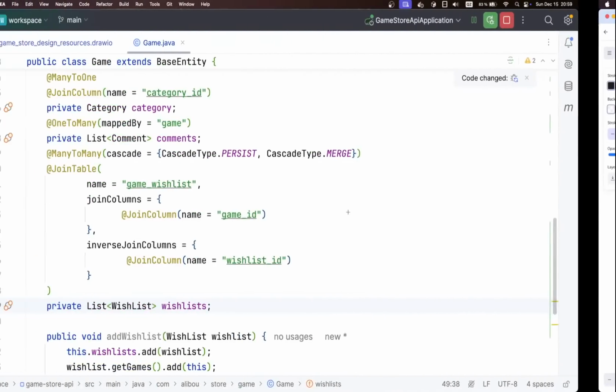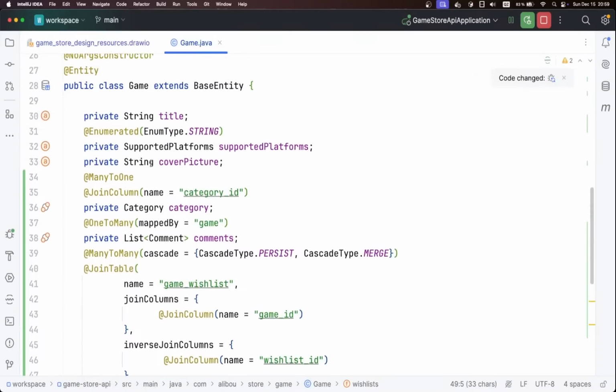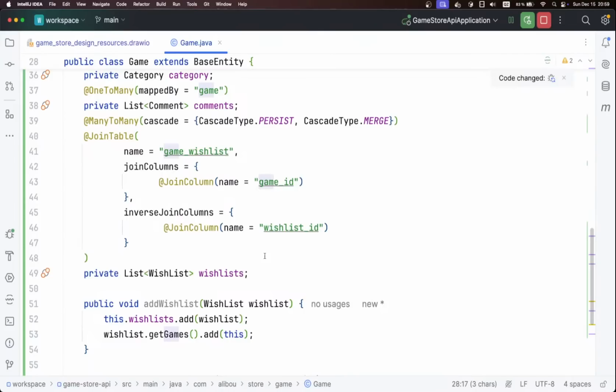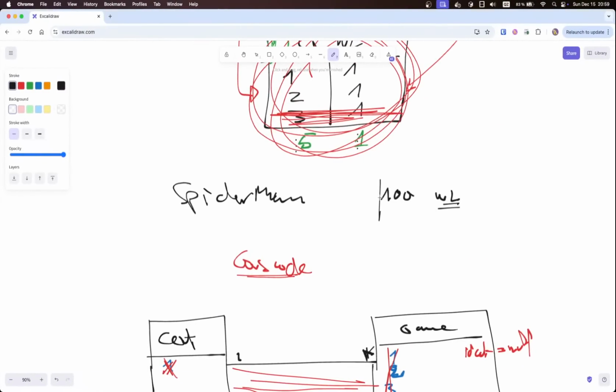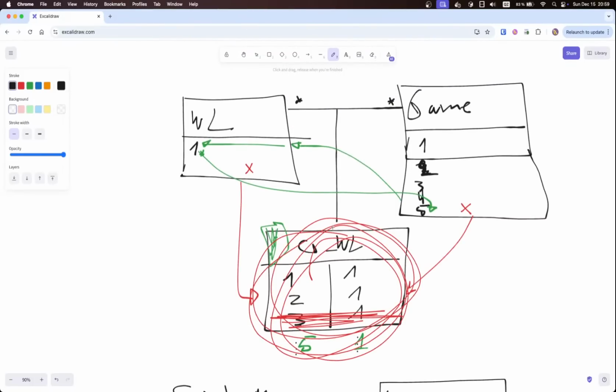In this case it would be easy to say that I want to load the wish lists eagerly, so I will have them when I request the game, and I can just return wishlist.size to calculate the size. But you need to be careful about this, because when you have the fetch type eager,